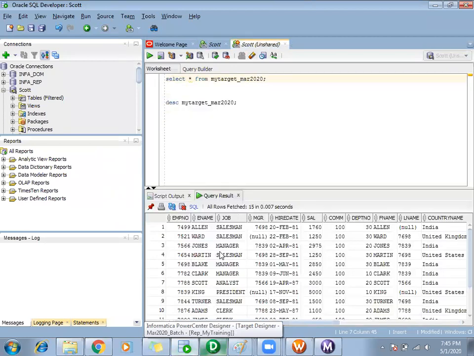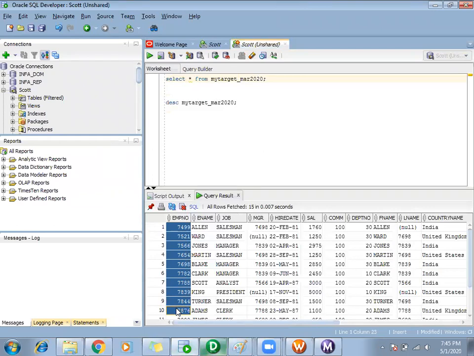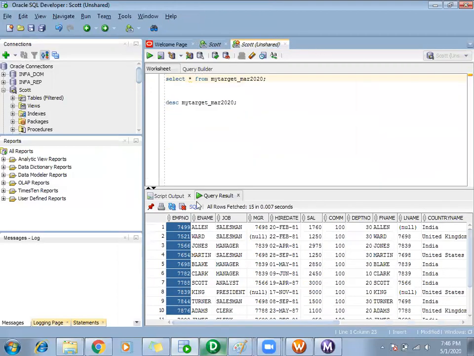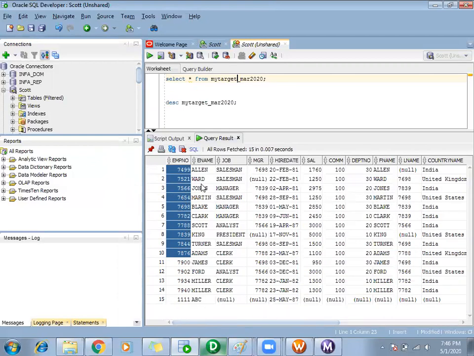Okay, now assume I want to update the records. If the employee already exists and is in my source, and any of his details has been changed, I don't want to insert fresh data for the same employee. I just want to update. For example, we'll consider that in my target table, Alan, employee 7499, his job is salesman.